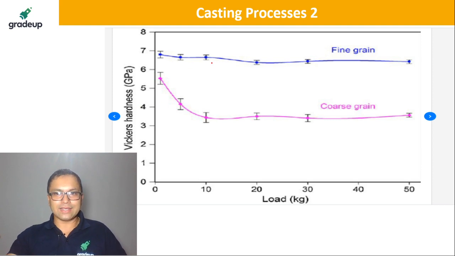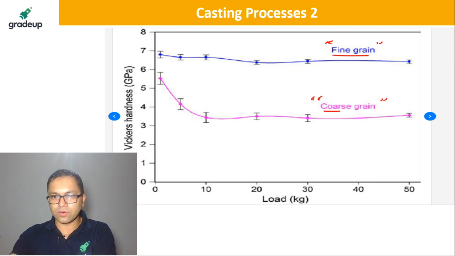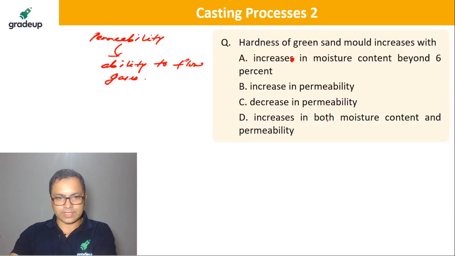Now, hardness for a fine grain is more than for a coarse grain. Now again, just understand this. Okay, so hardness of a fine grain is more than hardness of a coarse grain. Is that good? Okay. Now here, fine grain. So let's talk about permeability, because we have seen that